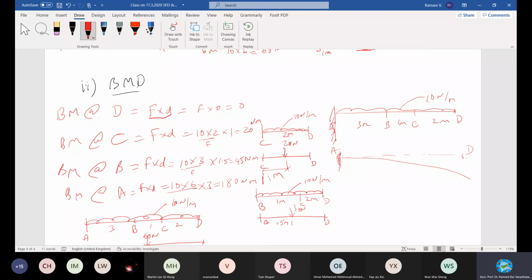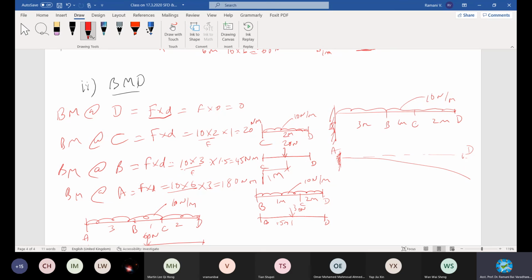So we multiply by 1 between this section. So the load is acting 1 meter. And then go to B. From B, at B, this is the value. Whole distance is 3, right? Multiply by 3, you will have the load.